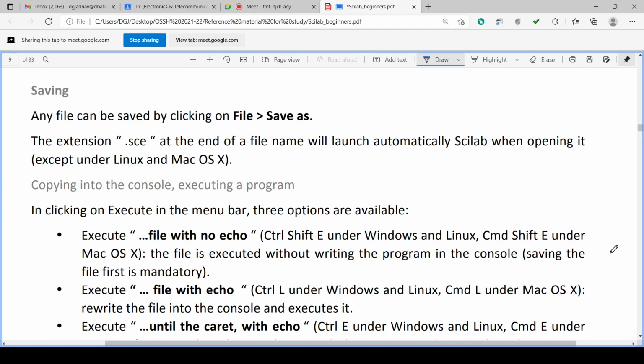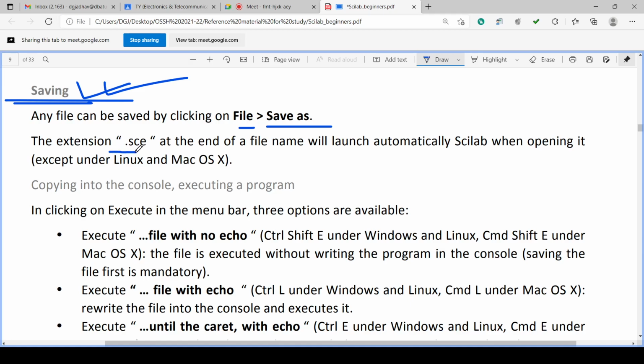File saving can be done with this button, or any file can be saved by clicking on the file menu and under that the save as menu. Many types of software have an editor with a file menu, and under that save and save as menu are there. Similarly here it is there.